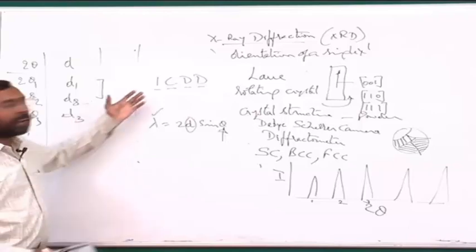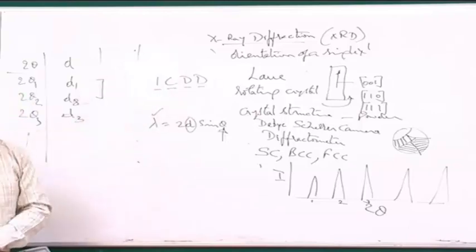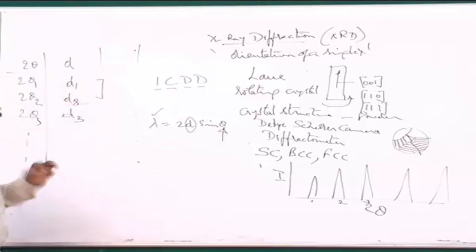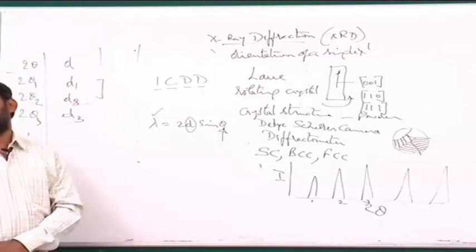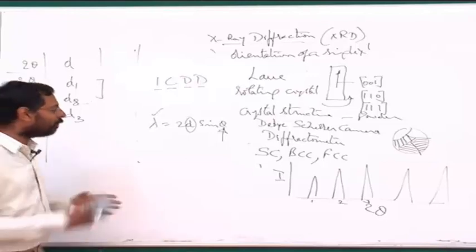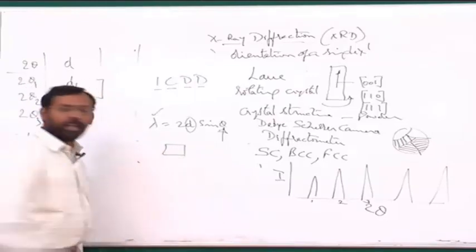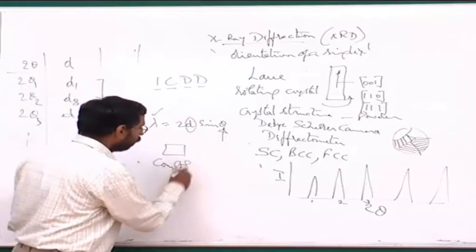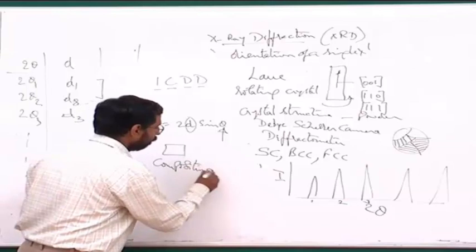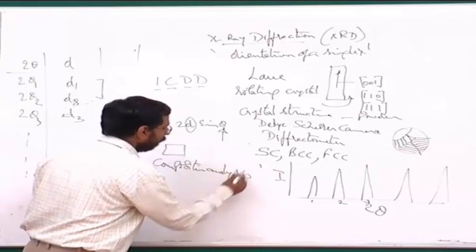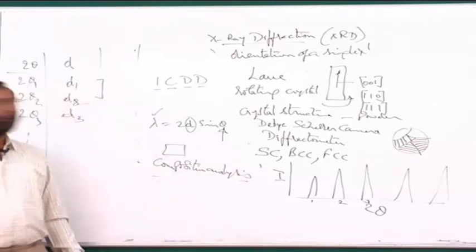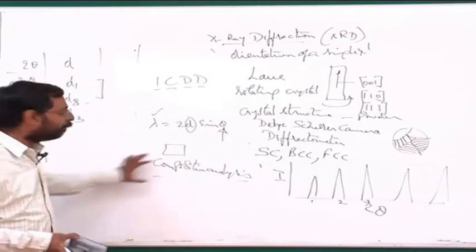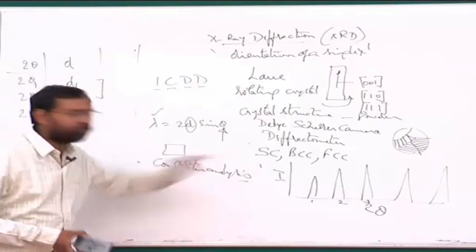But because there are thousands of compounds here, it is not so easy to compare. That is the reason why it is important that we know something about this particular material. So the best thing to start with is, if somebody gives you an unknown sample, unknown alloy, you first do a composition analysis, if you can do. This is the first step one should do. If he has a facility for doing the composition analysis, the best thing is first to know.